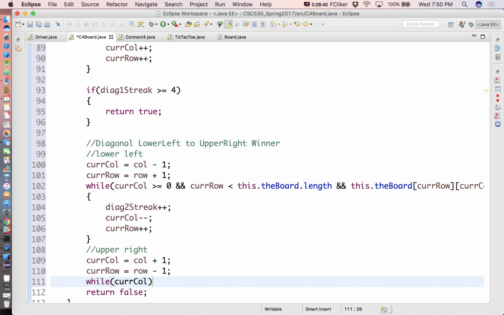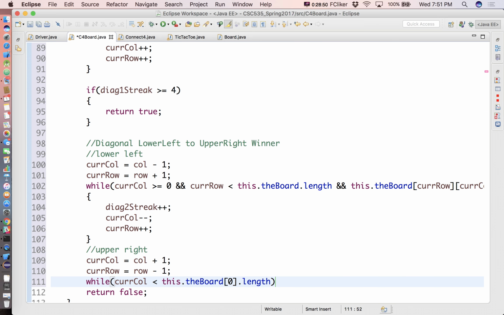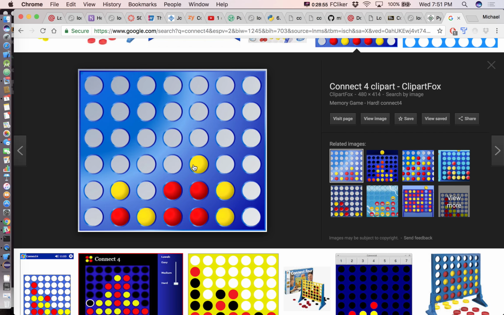While cur col is less than this.board[0].length, so while cur col is a legal column as we're moving to the right, because we're doing upper right here. So cur col is going to go this way, cur row is going to go this way. As long as cur col is less than the length of this particular row,